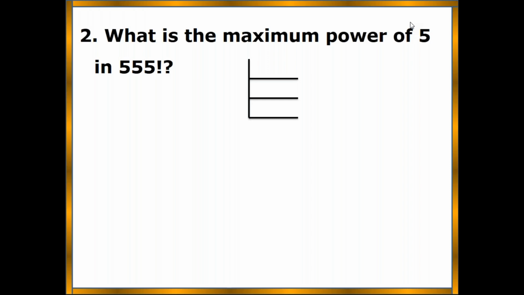Same 5 power in 555. 5 is the divisor, 555. 5 1s are 111 jar. Again 5 22s are 110. Remainder is 1. Ignore the remainder. 5 4s are 20. The remainder is 2. Ignore the 2. So add all the quotients from bottom to the top except the given one. 4 plus 22, 26, plus 111. How much, ma? 137.